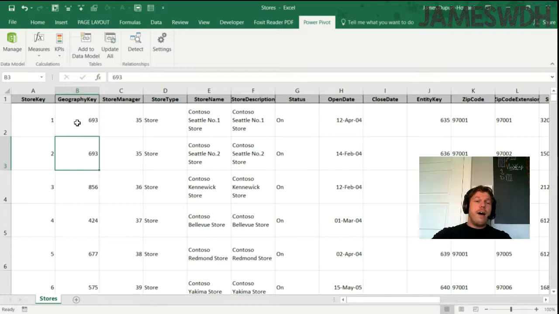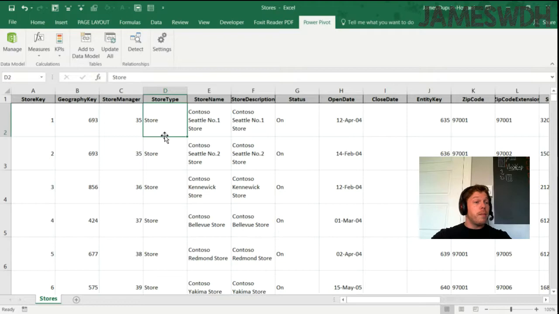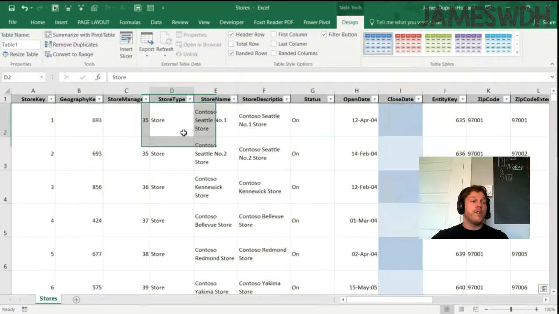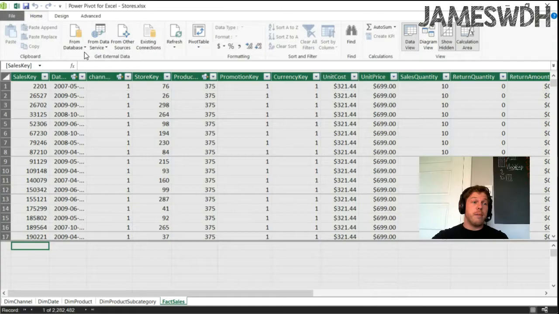And now I've got this, and I want to add it to the data model. Does that button work? I could read it. It says make a table first. So I'll make a table first. I hit Control T. I'm going to hit OK. I have a table first. And now all I got to do is go on the PowerPivot tab, hit Add to the Data Model,